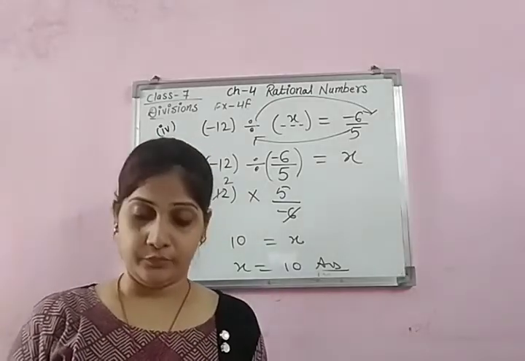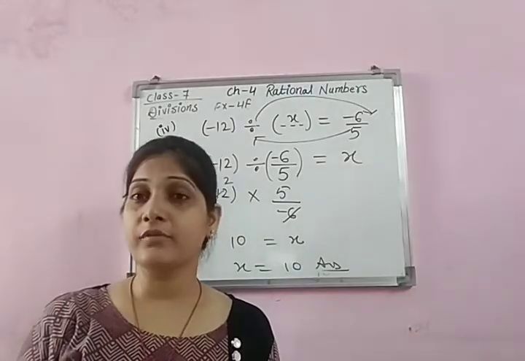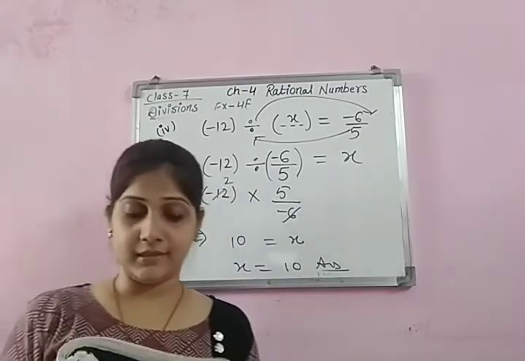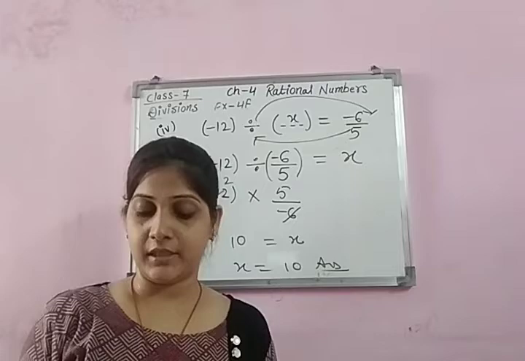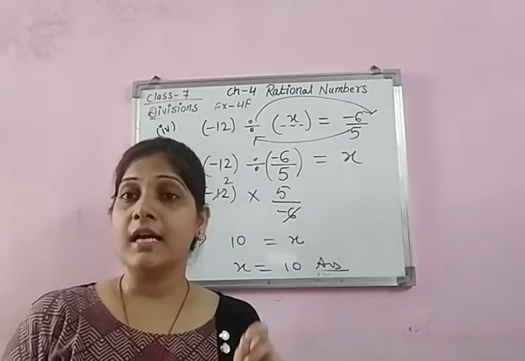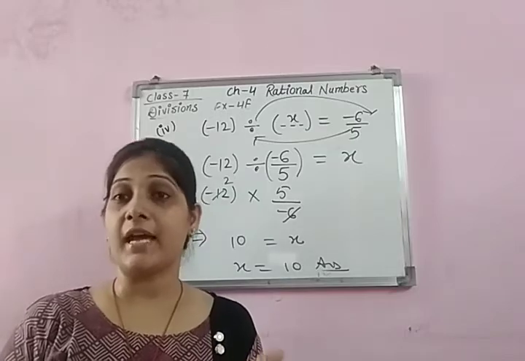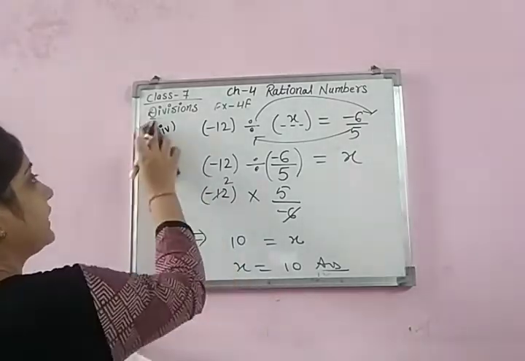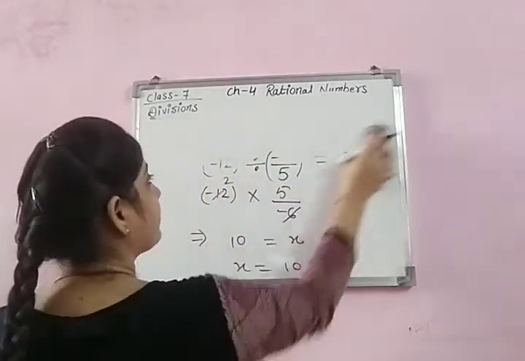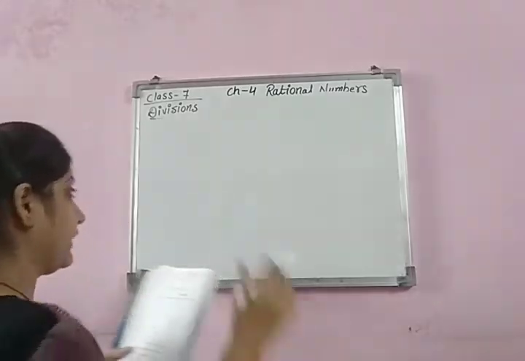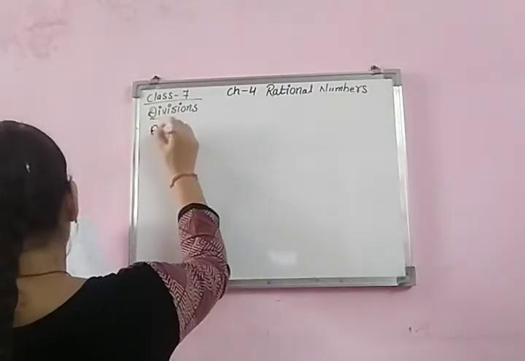It's up to you. Now I'm sharing one of the word problems, that is question number 4. It is: divide the sum of two given rational numbers by their difference. In this question, we are going to do the addition, subtraction, and even the division. Please, language, you have to read it carefully. And this type of question we have done earlier also in the exercise 4D. Question number 4.